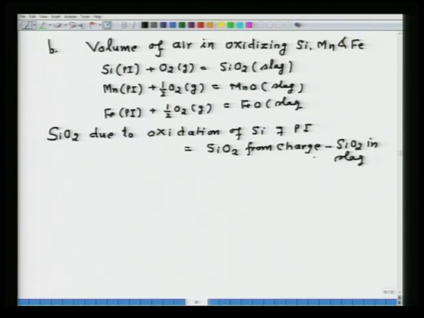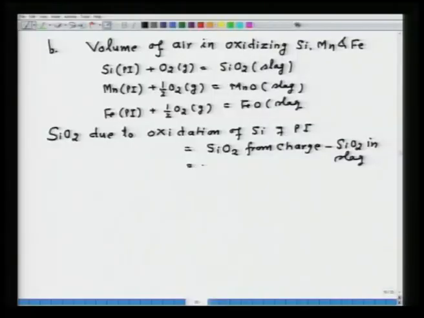We know both the quantities, so we can calculate SiO2 from the charge. You have to consider all sources from where SiO2 is entering, and SiO2 in slag is already given. You have found out the amount of slag, so you can find out that quantity. This quantity comes around say 15 kg, and this is equal to 0.25 kg mole